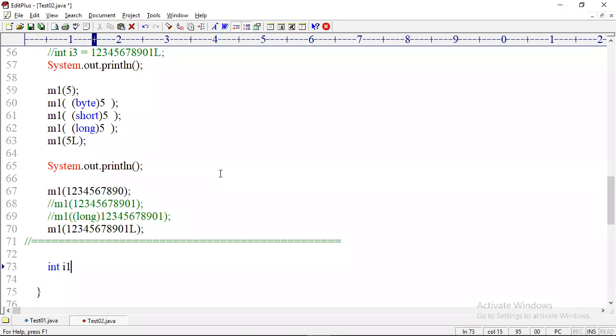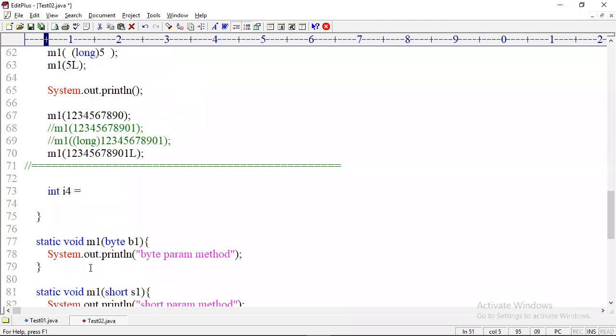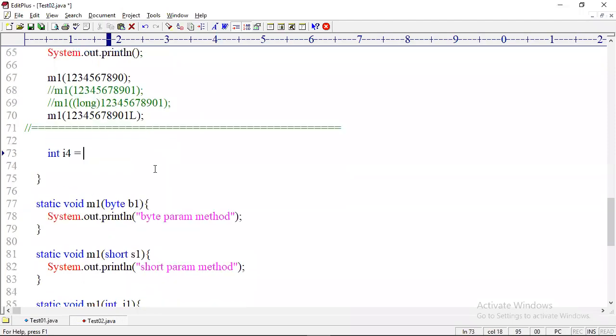Int i4 equals... why am I taking i4? Because up to i3 variables I have used. Whether you want to store a very small number or a slightly bigger number, you take int only.